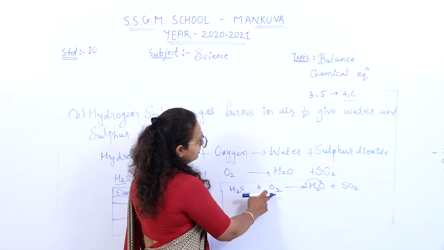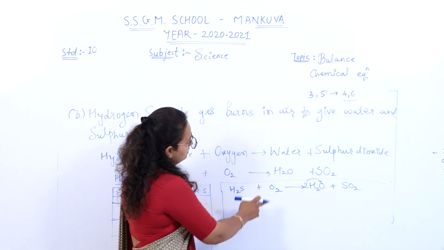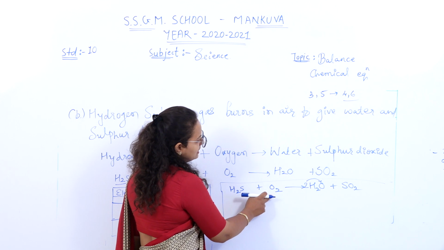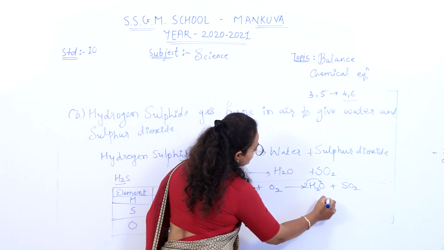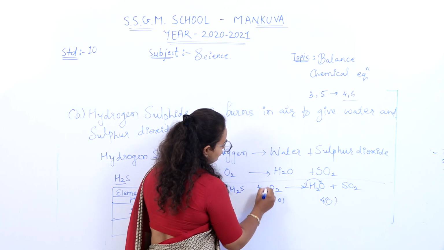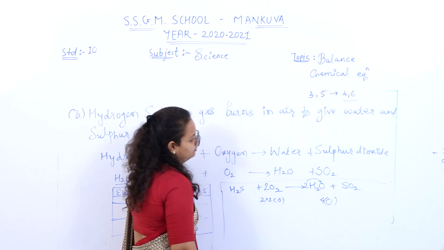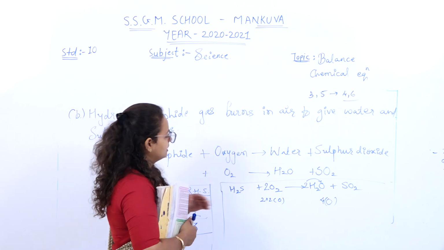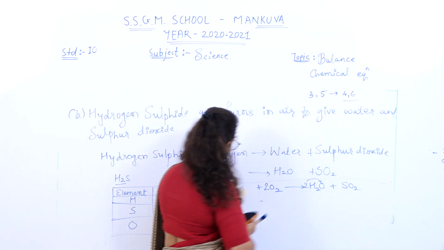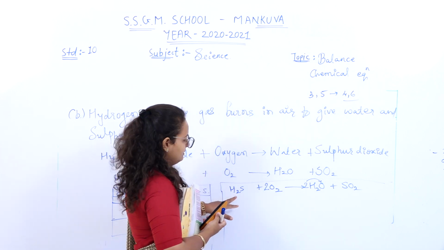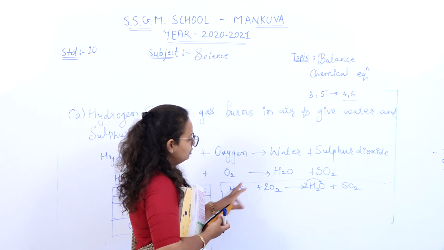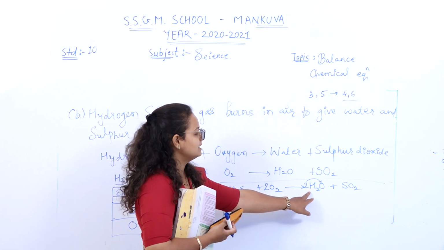Okay. Now 2 molecules of oxygen or 2 elements of oxygen are on left hand side. Here 4 oxygen, here 2. So what I will do? Multiply by 2. So 2. Okay. Now count it again, all the elements. We are starting from hydrogen. H2, 2, here 2H2, that means 4.